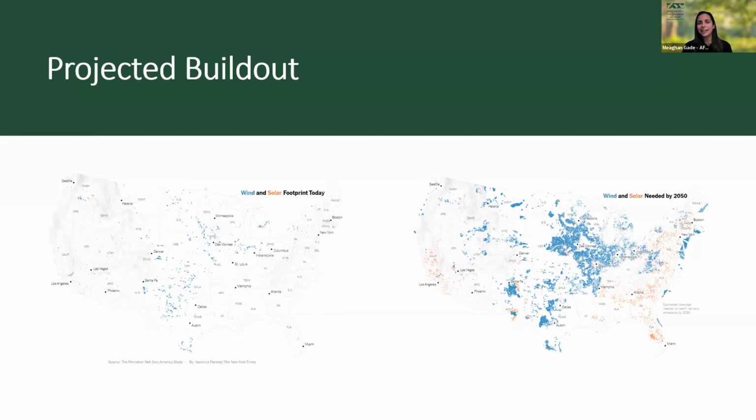So to be able to get to that net zero future, this is what we're going to have to see. So you can see we have a whole lot more wind resources going in, a lot more solar. We're way more orange on this map. And this map, or this projection, even includes offshore wind here. So all that being said, we actually do have the ability to get to that net zero within the next, this map is to 2050, but also to even do it quicker.